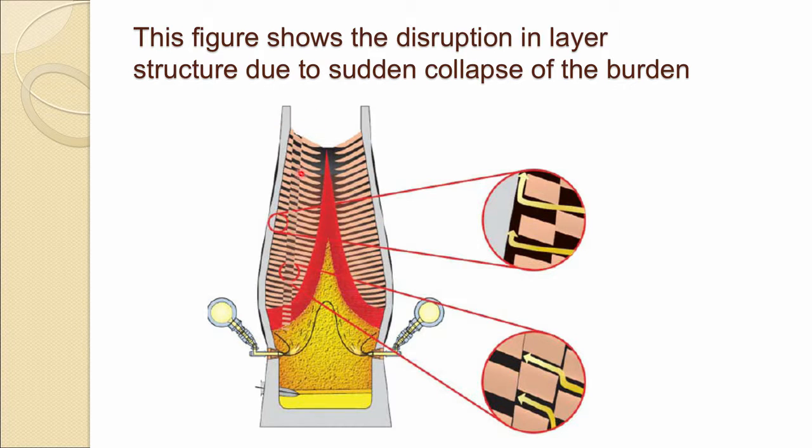This can only be corrected by putting proper layering again at the top. And once you put it at the top, to reach down to here, it may take 8 to 10 hours. So, your furnace, for at least 8 to 10 hours, is not going to run in a smooth way. All the chemistry of the slag and metal will get disturbed, production will get disturbed, everything, and it takes quite a lot of time to bring the furnace back to normal operation. So, this sort of disruption can occur, and one has to avoid that.